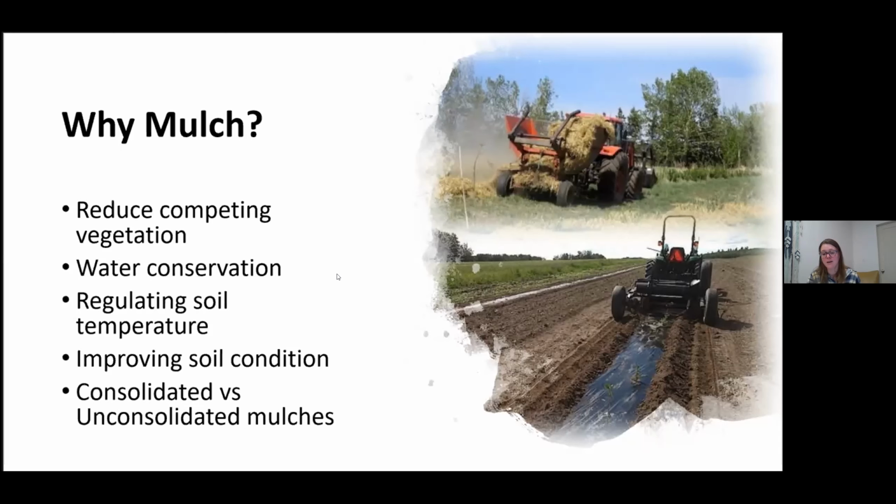It protects from evaporation. It regulates the soil temperature, so it provides that thermal cover, especially if you're using something like straw, grass, or any of the natural mulches. It'll improve the soil condition simply through protecting it and creating a favorable environment for all of that soil bacteria and microorganisms to flourish. As well,